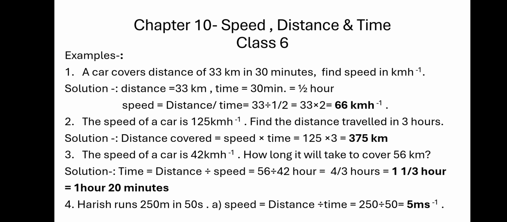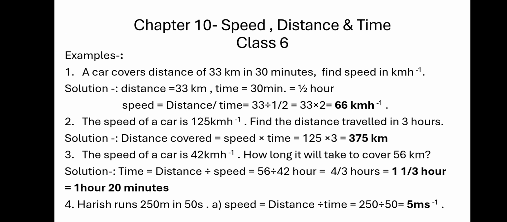Third example. The speed of a car is 42 km per hour. Here the speed is given and how long it will take to cover 56 km. That is, distance is given and we have to find the time. How long means the time. So solution is time is equal to distance divided by speed, which is 56 divided by 42,